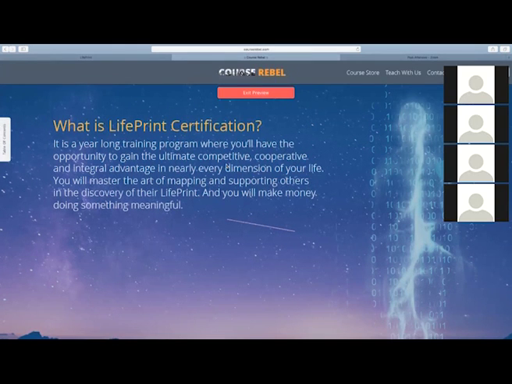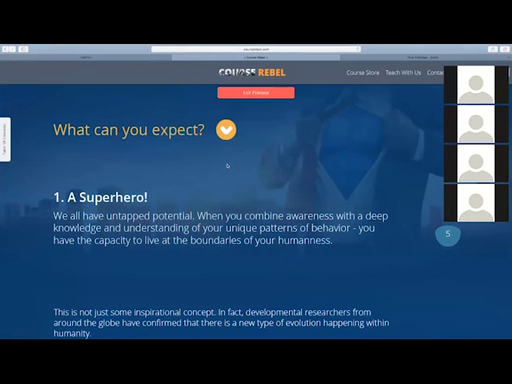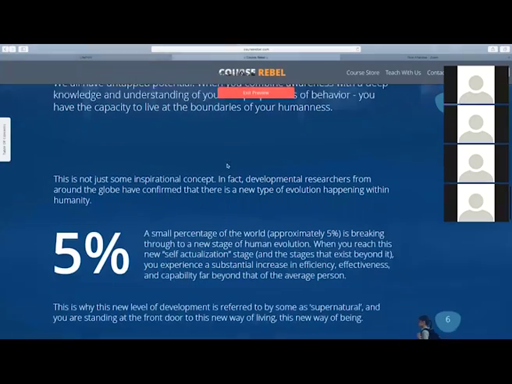We're going to be covering level 1 and level 2. When level 2 is ready, you will automatically have access to the level 2 training and slides, workbooks, and worksheets. Part of the membership certification program is you'll always have access to that, okay? And so this is really going to be a very supportive process for you guys. So we've got some testimonials about what people are saying. And so what you can expect is really